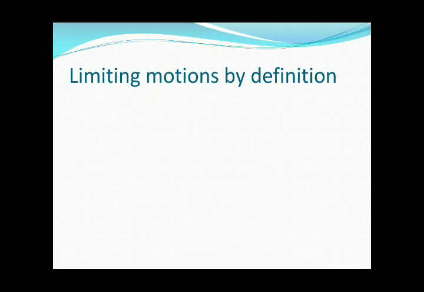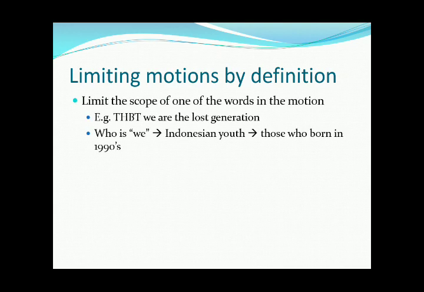Now, in making definitions, you also have to limit the motions. For example, like this: "This house believes that we are the lost generation." Now you have to scope the words "lost generation". You have to limit the scope of the word "we" here. Who is "we" here? For example,